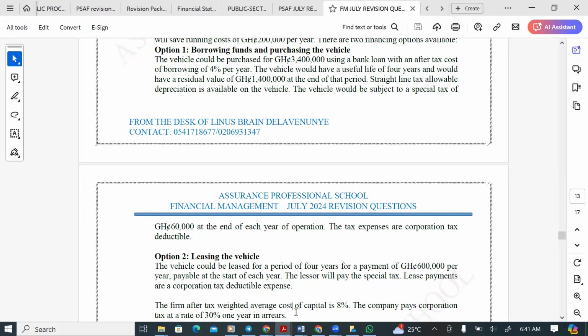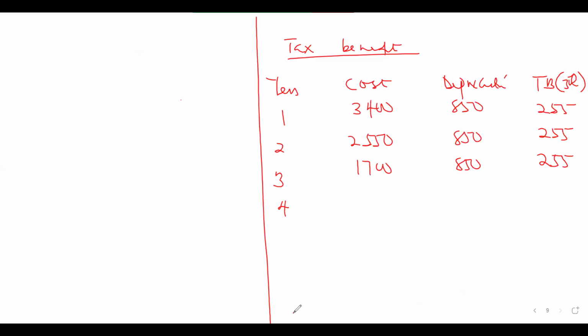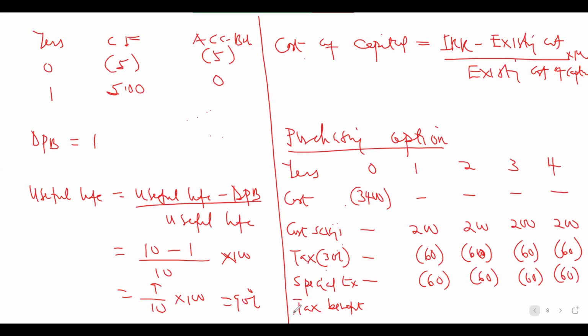$2,000. Is it 550? We get a gain of 550, isn't it? Yes. Okay, so you pay tax on the gain now. What will be the tax that you pay on that particular gain? 165. So you will now go with the tax benefits.